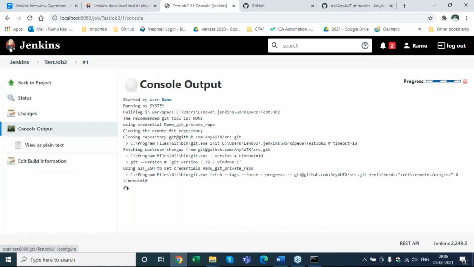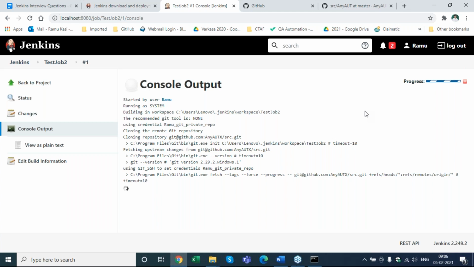Okay, so that's mine. What is #1 there on the screen besides test job 2? It's the second time we are running it. Actually, I think he copied the job to test job 2, I believe.